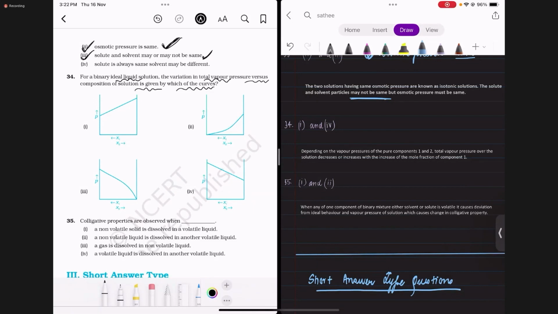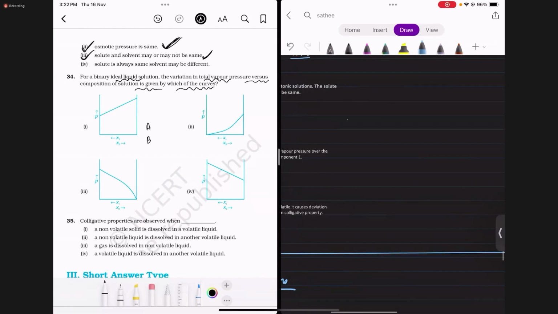So एक बाइनरी आइडियल लिक्विड सॉल्यूशन है, तो उसमें इसके 2 कंपोनेंट्स हैं A and B. If we consider the 2 components of this binary ideal liquid solution, total vapor pressure versus composition of solution is given by which curves? So अगर हम total vapor pressure को देखें, तो हमें पता है कि